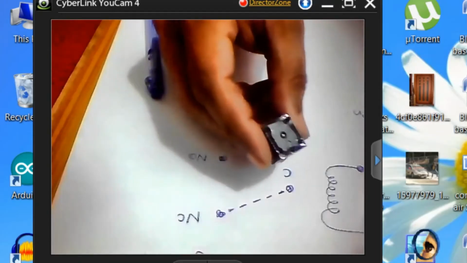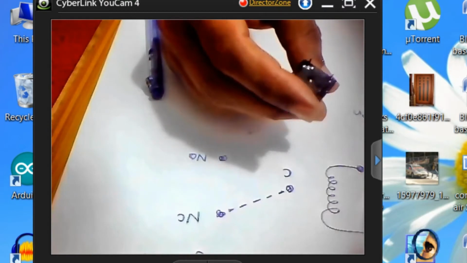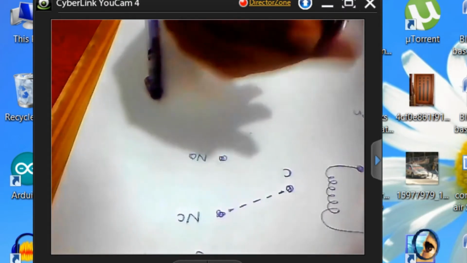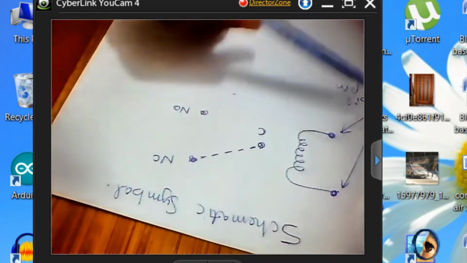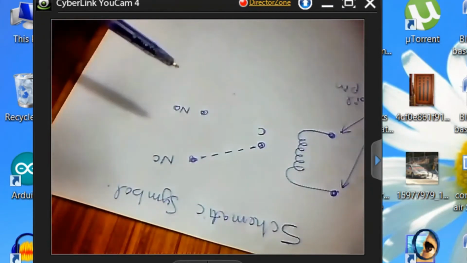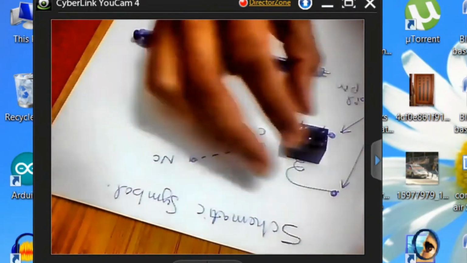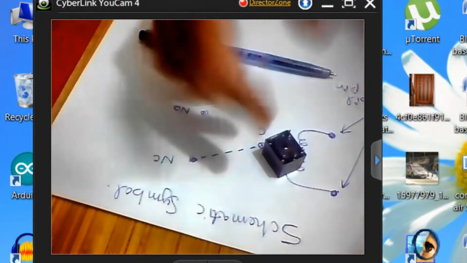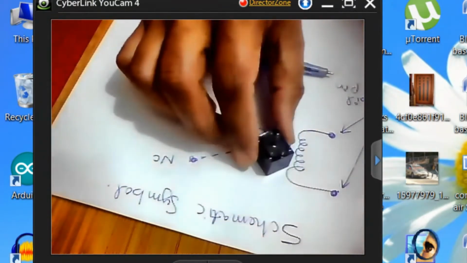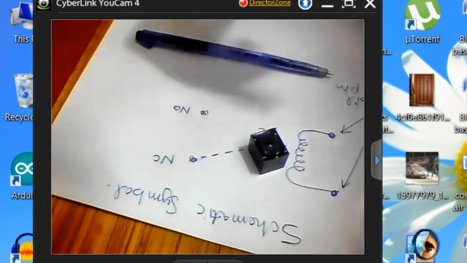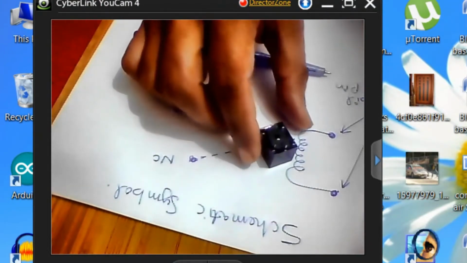This is ESP32 single pole double throw 12V relay, and this is the only information I have for now, and I don't know anything else except its schematic symbol, which is just in front of me. The coil pins, common, normally closed, normally open, but I have no idea which one is the common pin, which one is normally closed, normally open, and which ones are the coil pins. This is all the information I have, and using this information I have to design the driver circuit. So let's start with finding its pins,